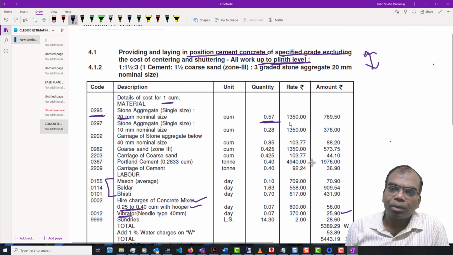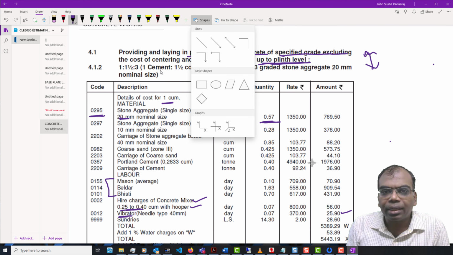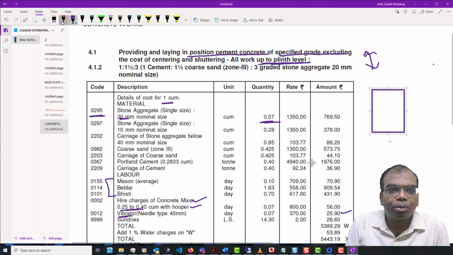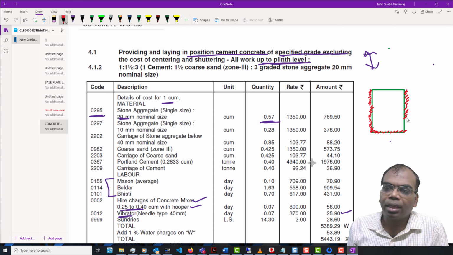Now this is only for the concrete, the material concrete which you have done, but there is much more. When you're going for concreting, typically, suppose this is a beam, you have to do what is called the shuttering. You need to do the shuttering, the box which is going to hold this concrete in place.